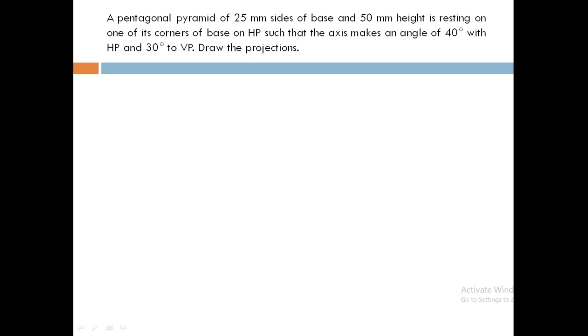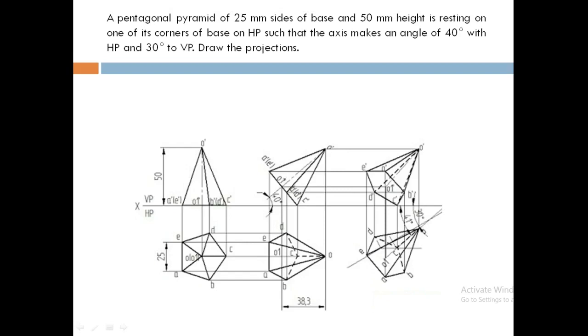I'll show you why. Here you can look into the solution. In the initial position we are going to draw the top view, and then we get the front view. Here if you look at the axis length, it is 50 mm, the given axis length, that we get in the initial front view. After drawing the second position, we get the apparent length of the axis. Here you can look at the axis length O1, it is reduced to 38.3 mm from 50 mm. Hence this is an apparent length.